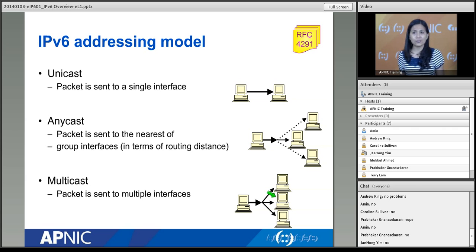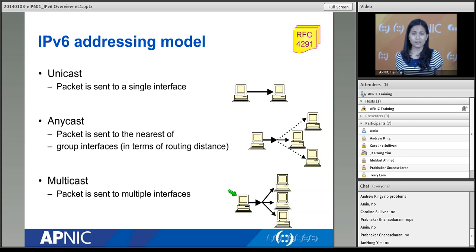A common analogy that I use for this is when I am sending to a mailing list. I'm part of a mailing list and I'm sending to them. I only have to create my email once, right? And then send it to that address, and everybody that belongs to that address receives it. It's simple. So you don't have to create different packets for these different devices. It's just one. So easier work for your machines there.